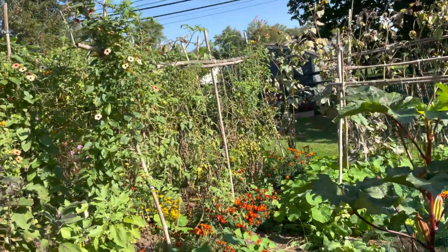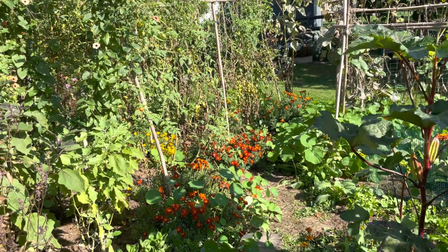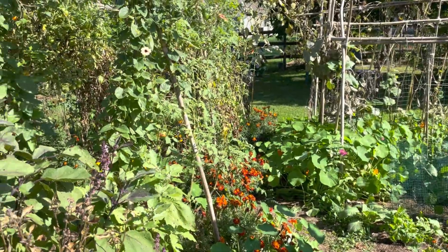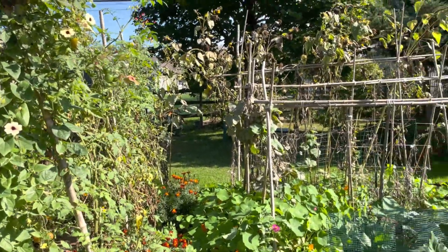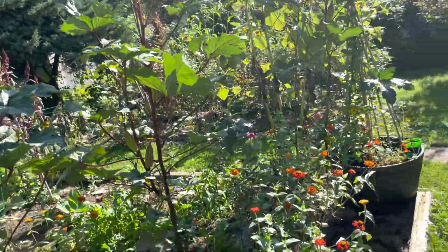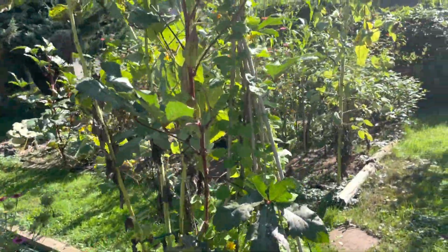For example, 18 tomato plants was ridiculous. Don't need that many tomato plants. I don't even really like tomatoes that much. If I was going to have 18 of anything, I'd rather have 18 zucchini plants because I really love zucchini, and it's more of a meal. You can't really eat just tomatoes. I mean, you can do a tomato sandwich or... anyway, I'm rambling, but...